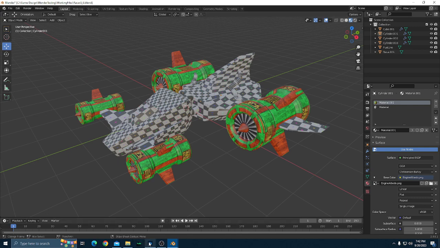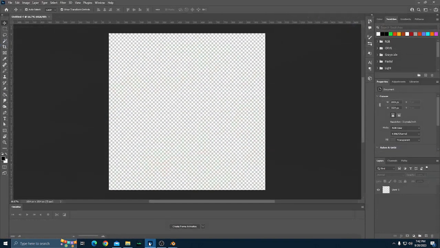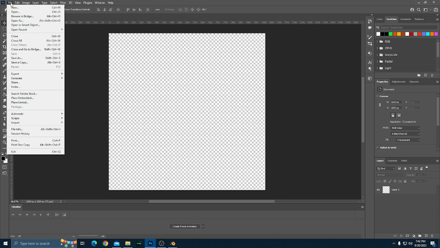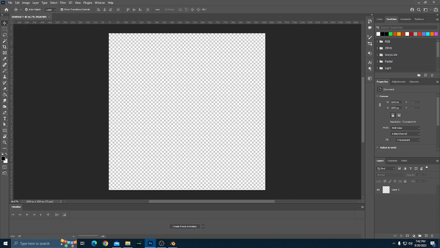I'm going to try to keep the conversation going and work on our texture sheet all at the same time. Now let me get set up over here in Photoshop. We got to bring in our UV maps that we exported. I actually just want to